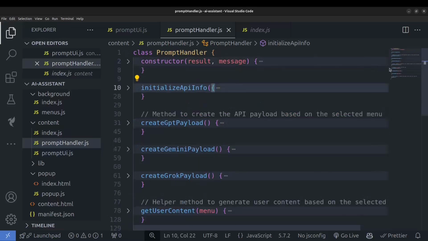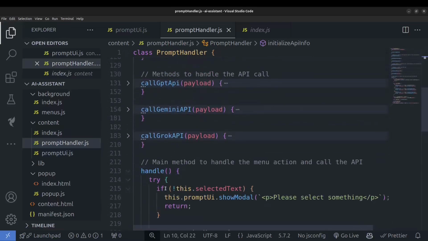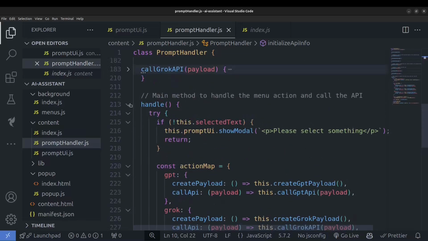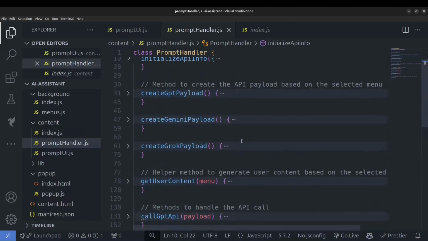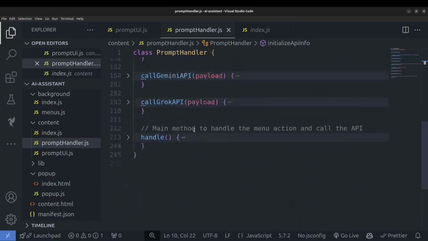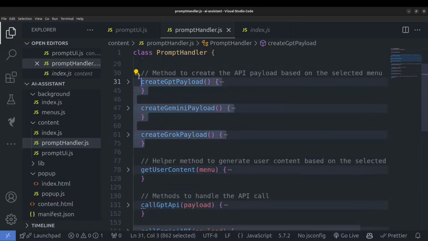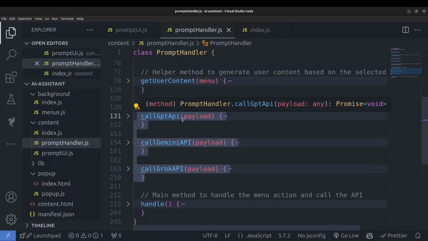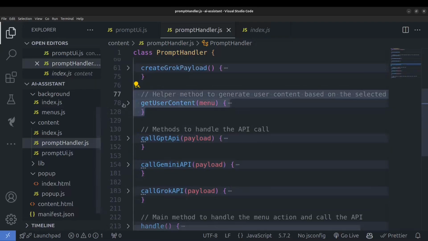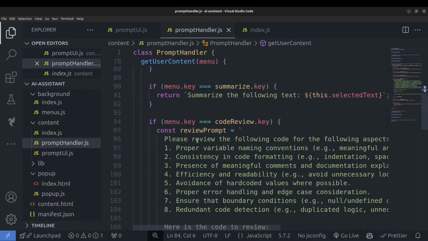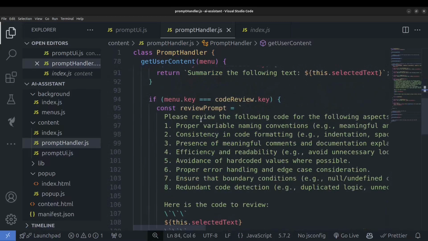And then we call the handle method, and because the handling part is really big, we have to separate each specific task into a different function so that we can perform everything conditionally. That's why we have three methods for creating the payload for each tool. Then we have three methods for calling the API and showing the model or the loading, and then we have one method that will help generate the prompt, a statically written prompt that will help generate